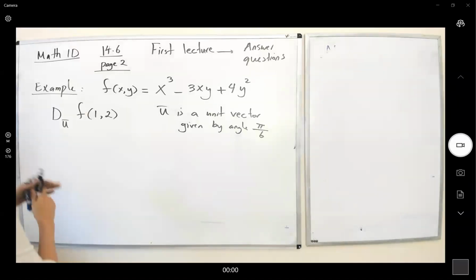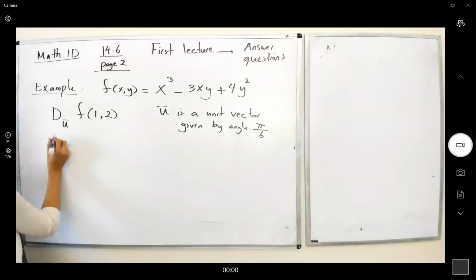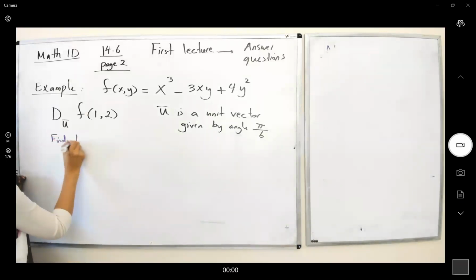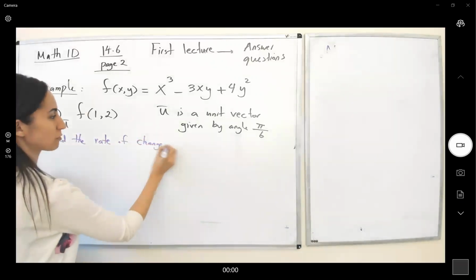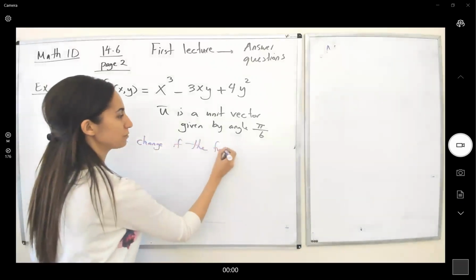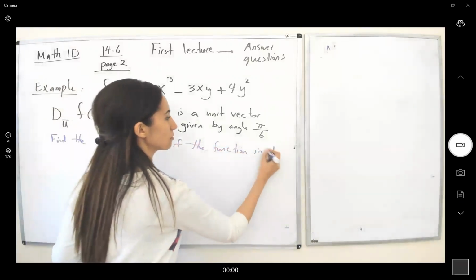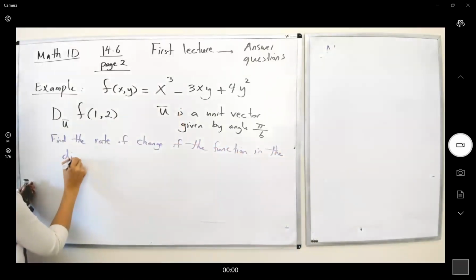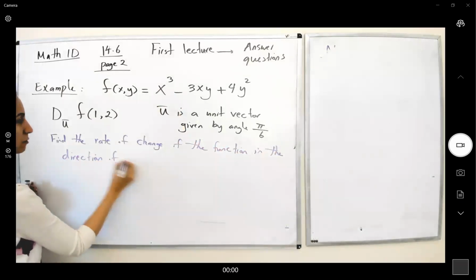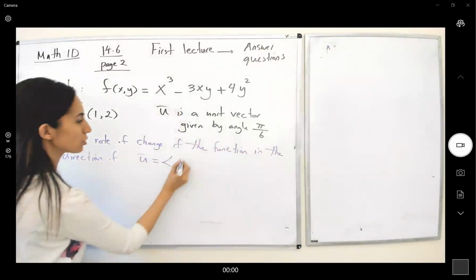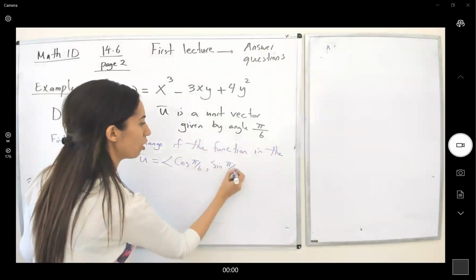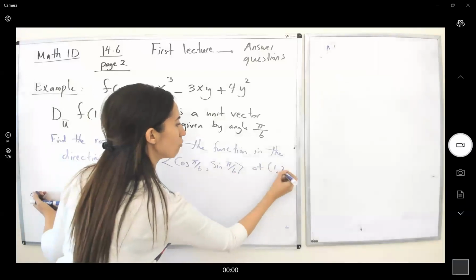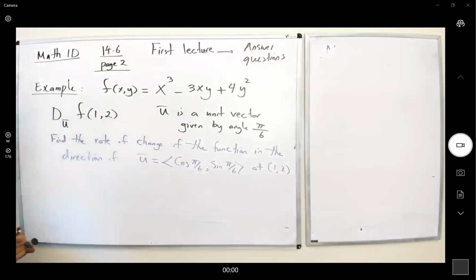Very well. So the question says, find the rate of change of the function in the direction of u equals cosine pi over 6 and sine pi over 6 at point (1, 2). Well, we know that